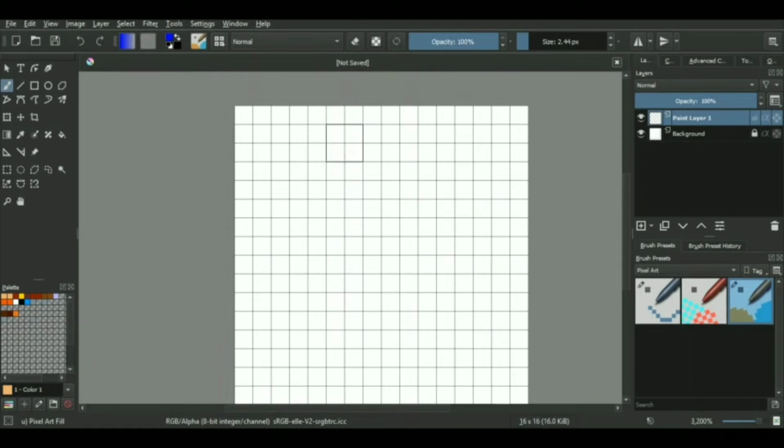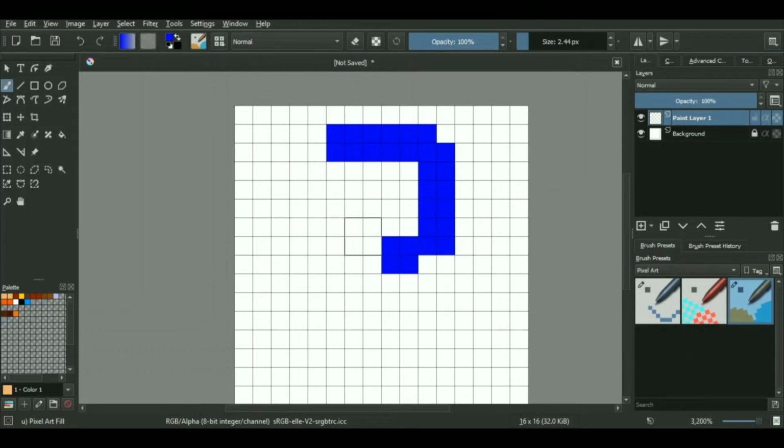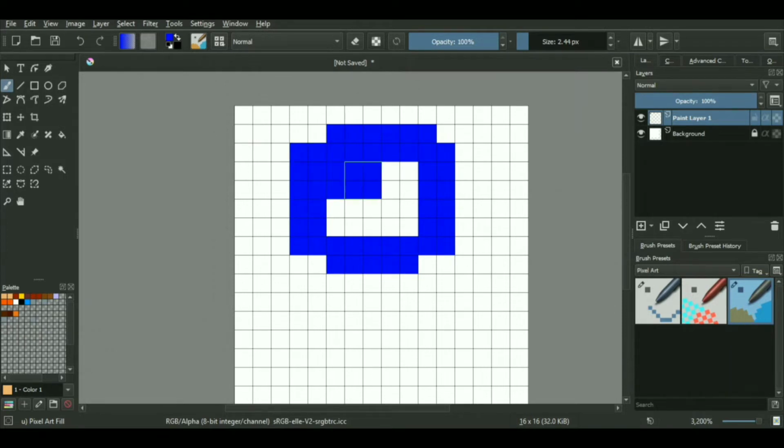So obviously, for creating our character, the first thing we need is a head. I usually start drawing with a head. For this purpose, we are using a bigger pixel brush. I know what the name of this brush is, it's right over there. And I'm using a blue color. In fact, the colors at this stage don't matter, because what they do is highlight what sort of character component they represent. So for the head, we are using blue.